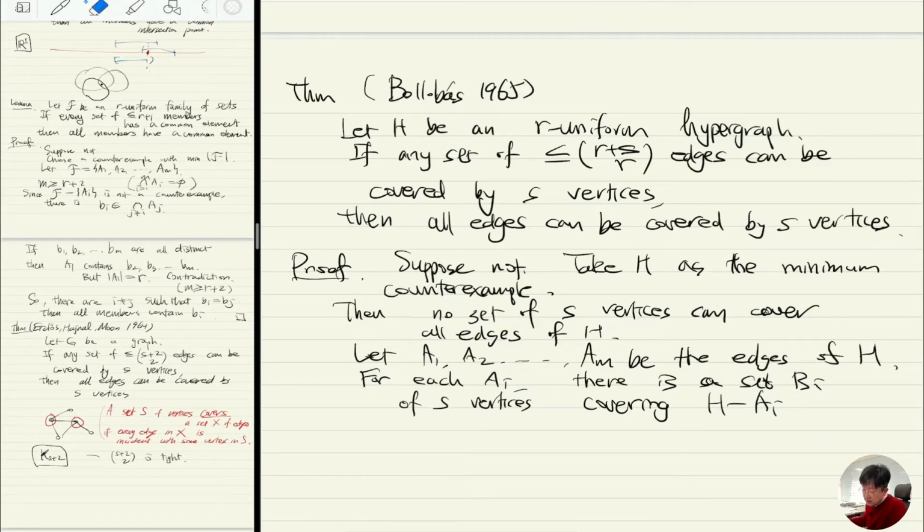Therefore, there's a set of vertices covering all edges,